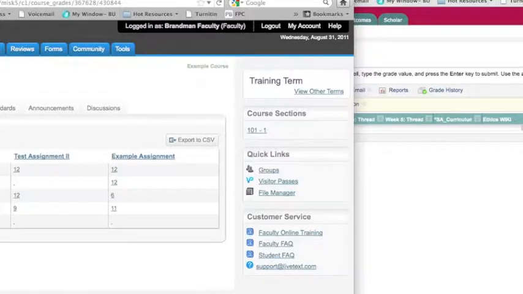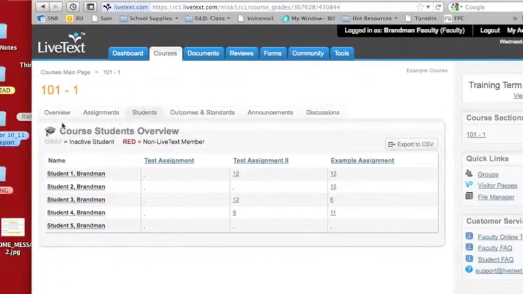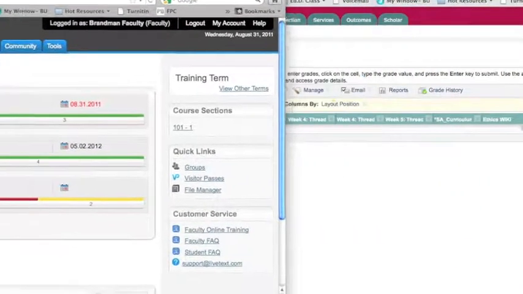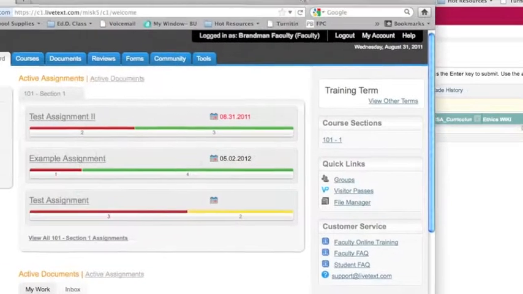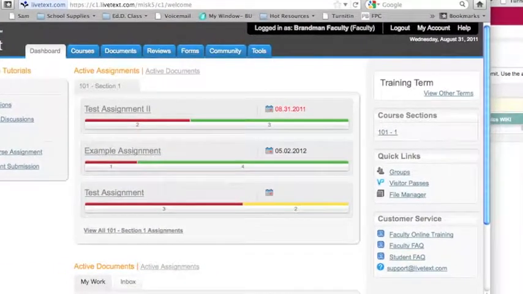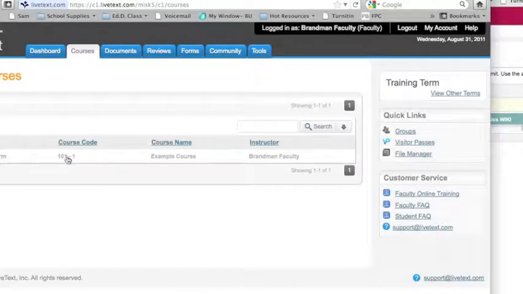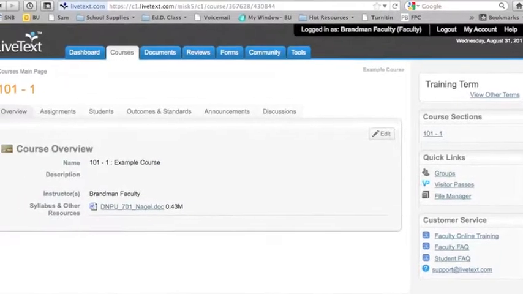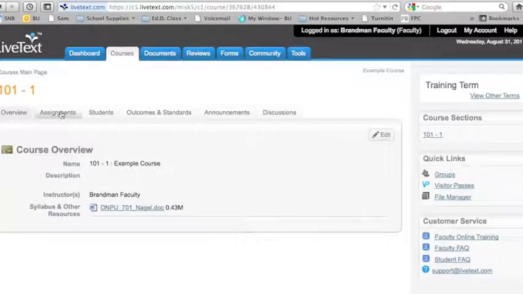All right? So let's go over that one more time very quickly. I have completed all of the assessing for this assignment, so now, poof, it vanishes from my dashboard, but I still need to put it into Blackboard. How do I access all those grades? Very simple. I go to courses, and then, okay, which course? It's this course, and inside that course, no, I don't need the overview, and it's not about the assignments,